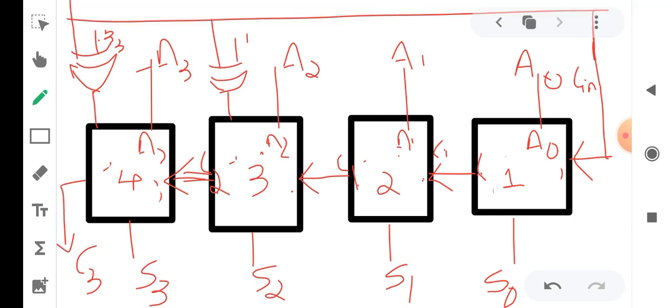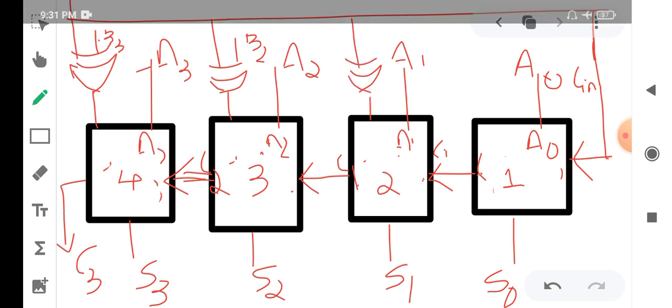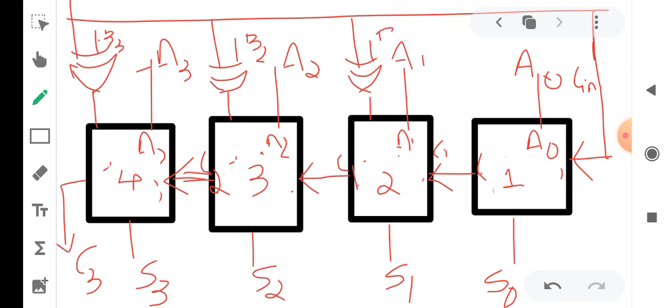This is B2. Once again we are XORing, and this is B1, and once again we are XORing, and this is B0.